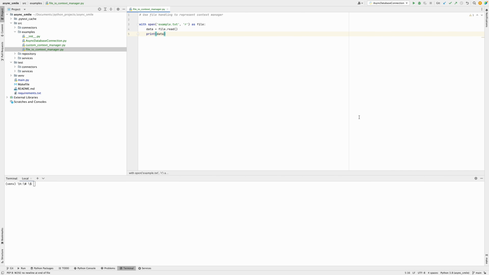Here I have created a very simple file named file IO context manager, and what we are trying to do here is open an example.txt file with read access, read the contents of that file, and print it. As you can see, open is allowing us to create a file object, and by using the with statement we are ensuring that the file is properly closed after this block of code is executed, and even if an exception occurs, the file will be properly closed. That's how the resources are managed efficiently, and this is one of the very basic examples of a context manager